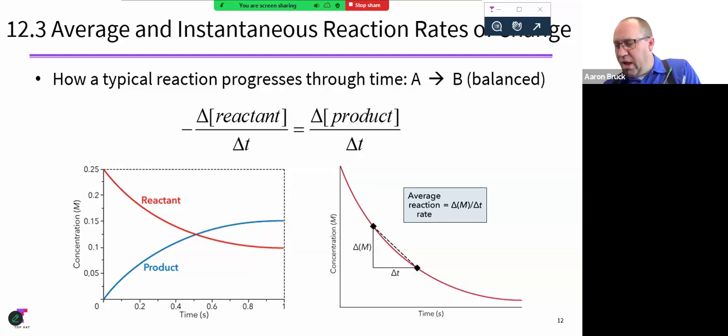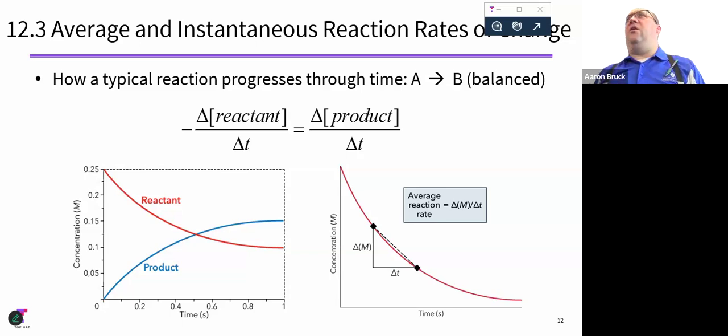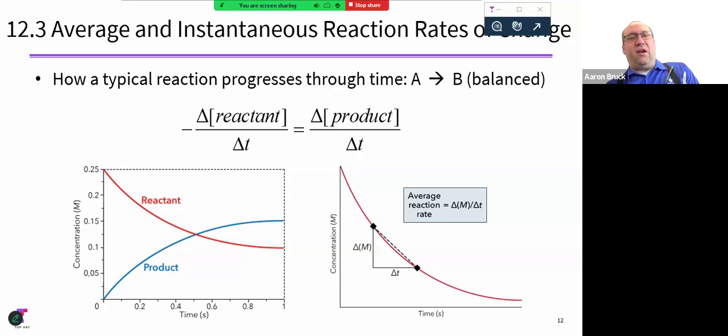Take, for example, spectrophotometry. We could monitor the change in color over time and figure out, okay, the reactant is disappearing. Or we could look at the rate of change of a different color and note how the product is appearing. But what we would find is that if this is our stoichiometry, where we've got a one-to-one conversion of reactant into product, what we're going to see is that the rate of disappearance of the reactant